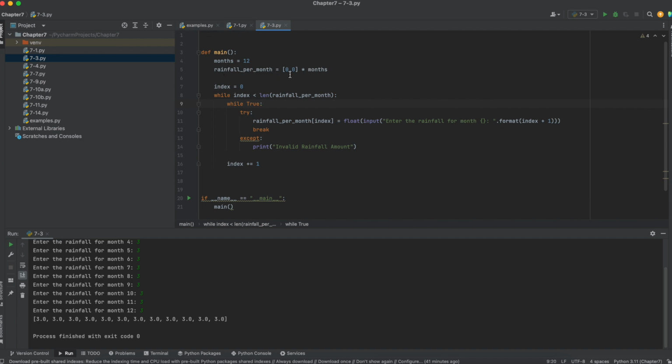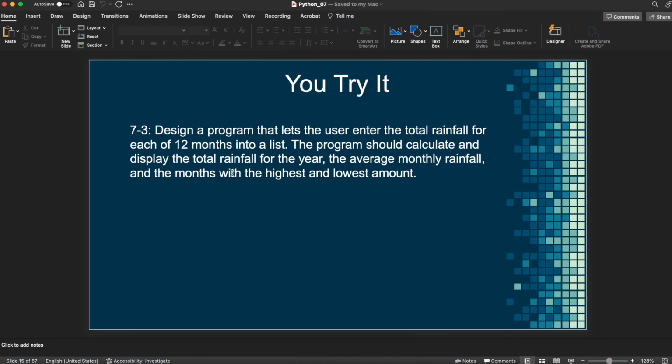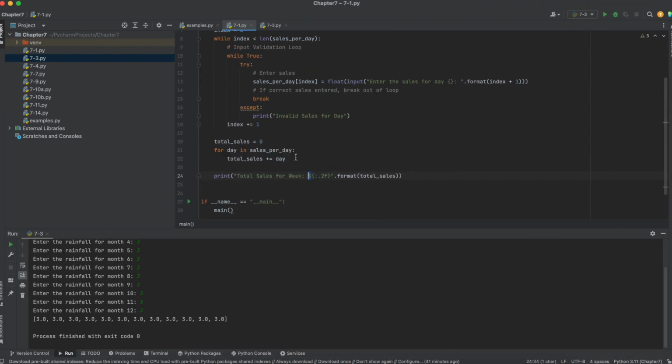So now we have our months, we have our rainfall, we have index equals 0, and we say while index is less than length of rainfall per month, while true, we break this up. All right, so now we have our numbers. What we need to do now is we need to get the total, the average, and the months with the highest and lowest. So before we used a for loop because we didn't care about which index we were looking at,